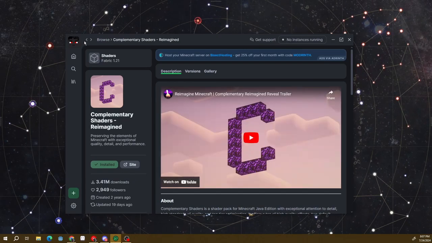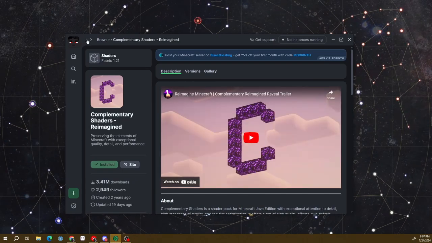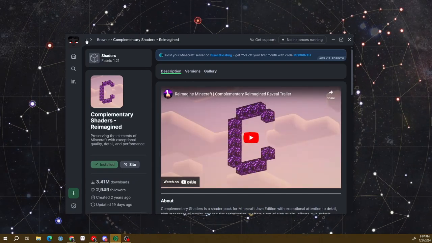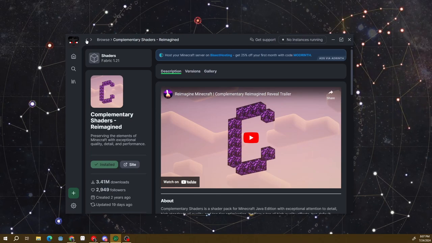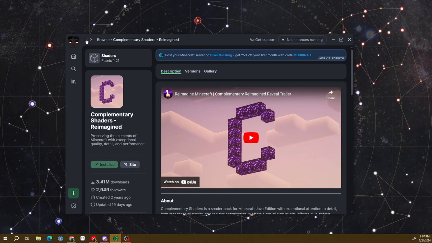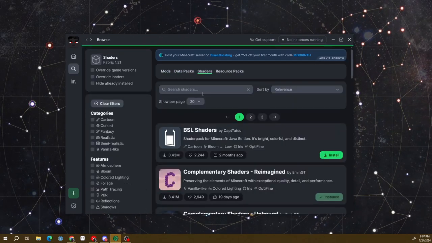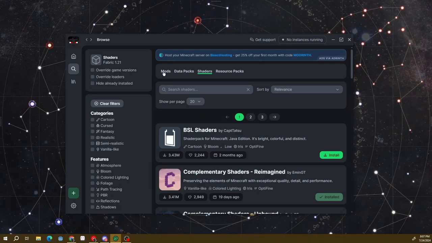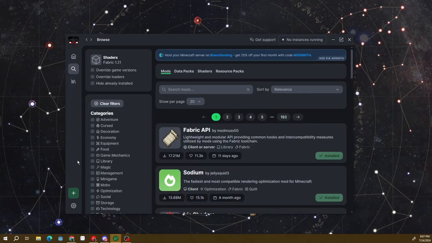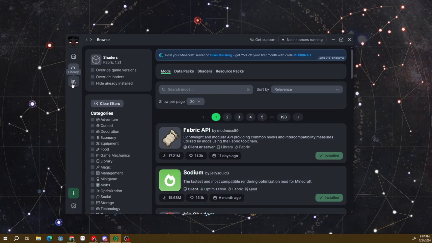It's a very, very good balance of performance and looking really cool. Although the performance still is apparently not good enough for my computer, which is weird. It's not even that bad of a computer. But that aside,